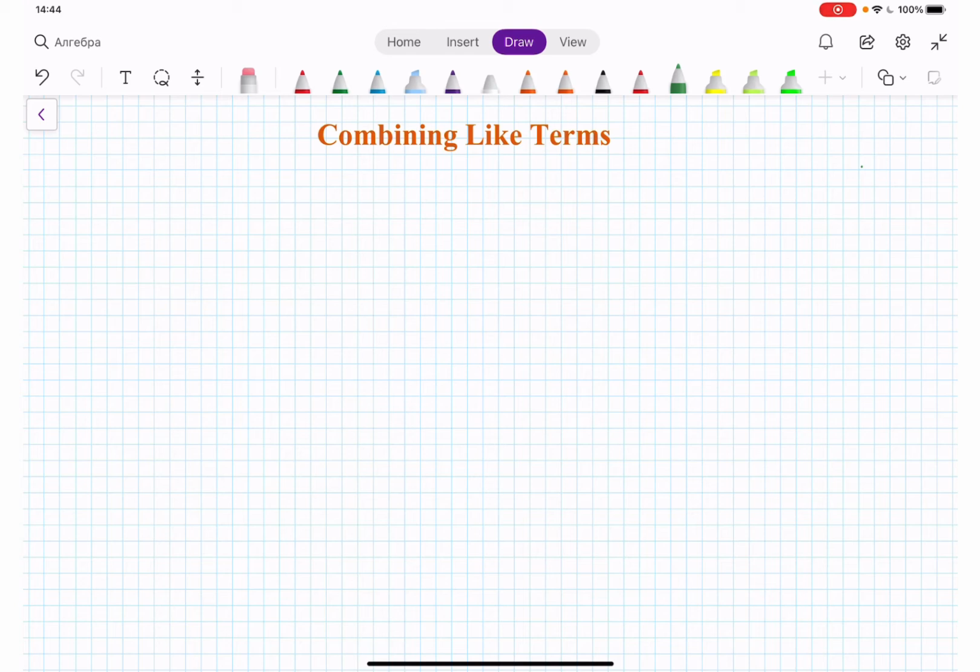Okay? So let's say I have 3 and 5. These two numbers are like terms because we can add them, we can subtract them. So I put there like term. Next,